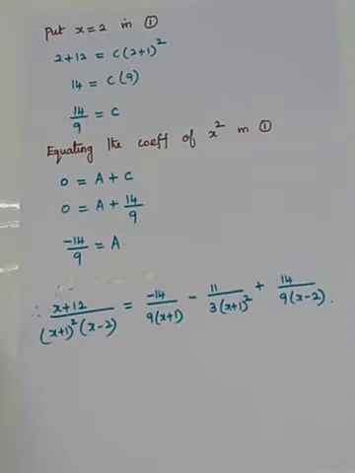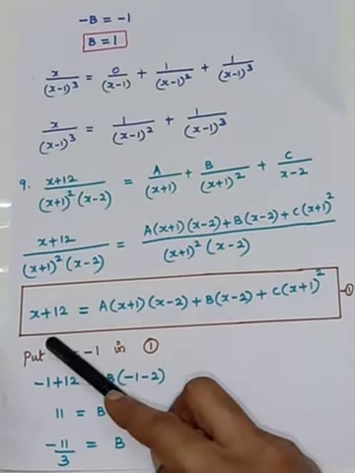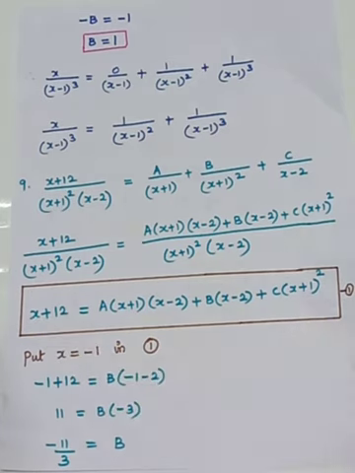So you have found b value here and c value, and what is left out is a. So for that, what I have said, you have to equate the coefficient of x squared. Otherwise put x is equal to 0. If you substitute x equal to 0, you will get a, b and c, all the terms will come. If you equate the coefficient of x squared, you may get either any one constant or two constants, and we can easily solve. So equating the coefficient of x squared, look at the left side here, what are you having? x plus 2. There is no x squared. So the left side, the coefficient of x squared is 0.